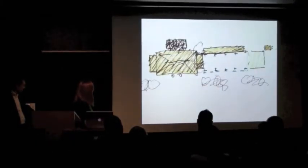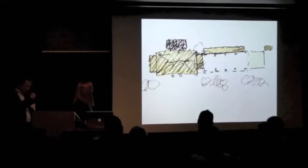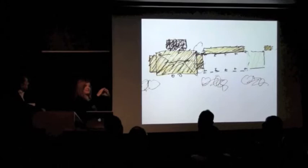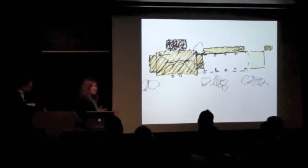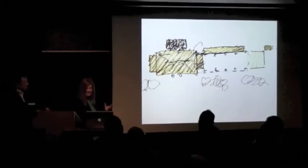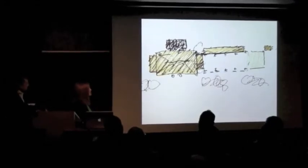So our little diagram, now this is a little hand sketch. It was probably this size, actual size, on a piece of tracing paper. And I hope everyone still sketches when they think of ideas, because it's hard to capture the essence of some of these ideas on the computer directly. But this was the original little concept sketch, to say, well, what if we